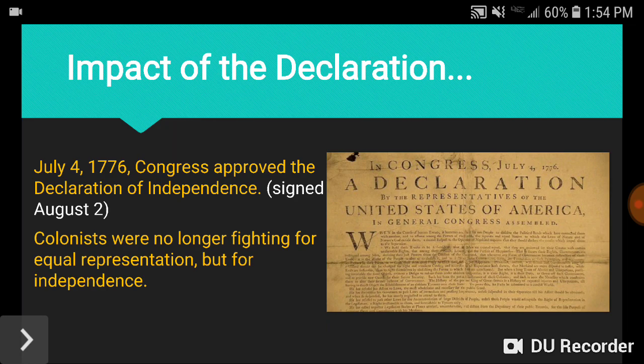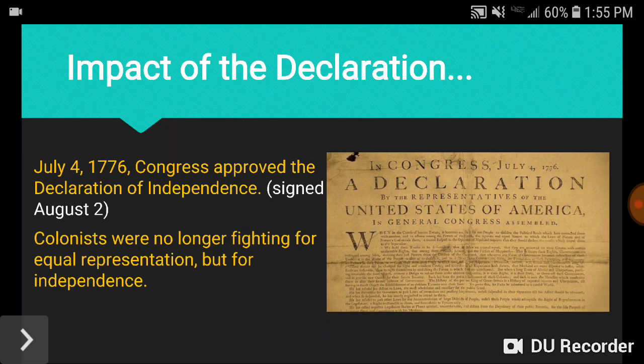July 4th, 1776, Congress is going to approve the Declaration of Independence. So the same Continental Congress that chose Washington to be the Continental Army leader, decided to print their own money, and also decided to start training militias. That same Congress is going to approve the Declaration of Independence. So if you've ever been like, man, why do we celebrate 4th of July on July 4th? It's because that's the date that Congress actually approves the Declaration of Independence.